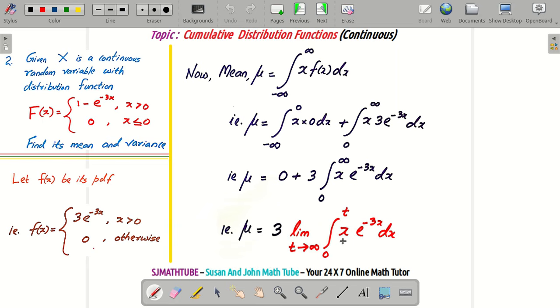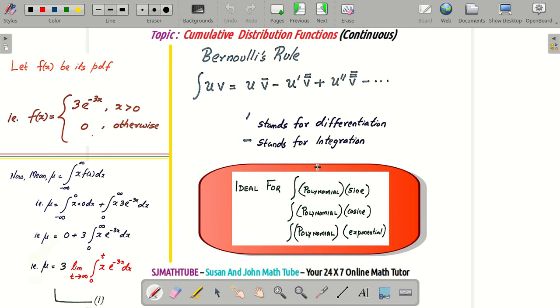Okay, and we have one more problem. We will be forced to apply integration by parts. I have something really good for you that's called Bernoulli's rule. It's more powerful than integration by parts, but it's ideal only for a few things, not like that ILATE we see in integration by parts. And the rule is very simple. U, V. That will be like U, V bar minus U dash,